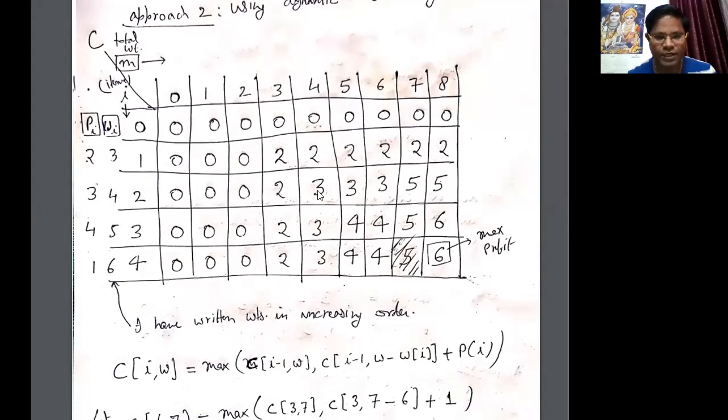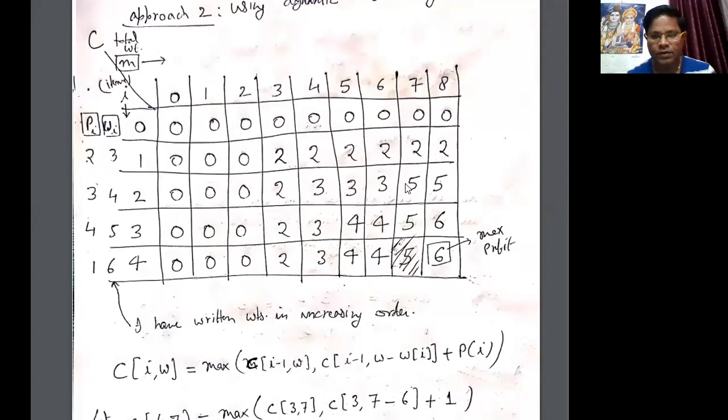Now let's move to 4. It means our capacity is 4 and we are placing our item that has weight 4. This is possible, and the profit associated with that item is 3, so you are just writing the profit here as 3. Now if the capacity becomes 5, these 2 items are possible, but their total weight is 4 plus 3 equal to 7, so it is not possible. So just copy the value 3 as earlier we have written here. Just copy it to the other place. Then again, if the weight becomes 6, we are not successful in placing these 2 items, so just copy this value to this position.